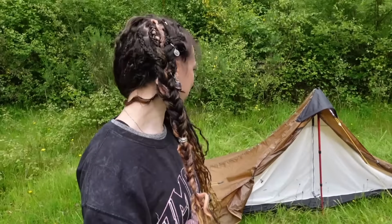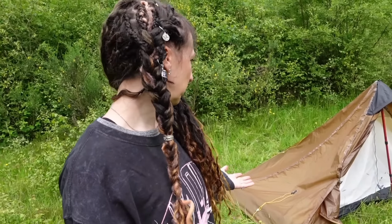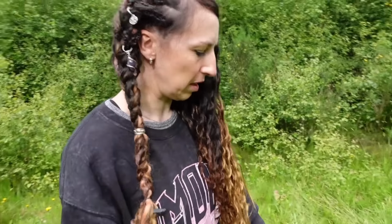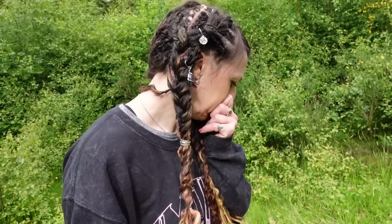It does look quite sorry for itself. It doesn't help that the grass is quite lifted up, so it's not sitting close to the floor. But as you can see, I even struggled with the guy lines. They're weak as hell, so they'll be changed. I think they'll snap anyway. But like this, for example,